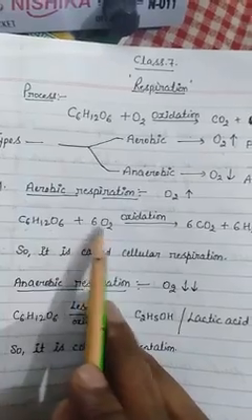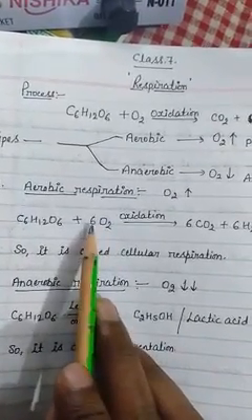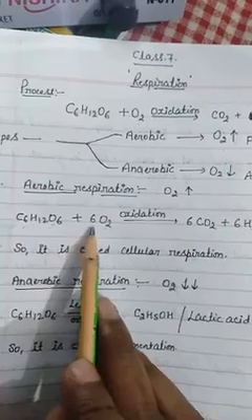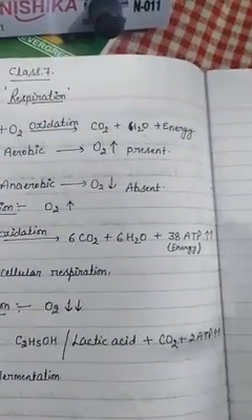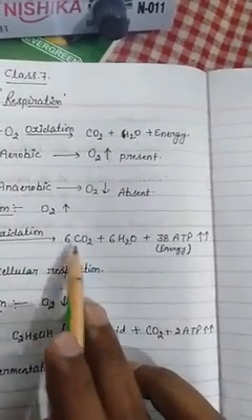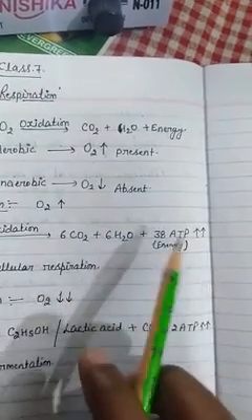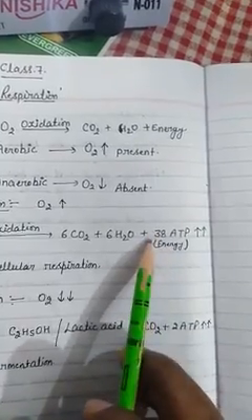Here you can see 6 molecules of oxygen, O2. So glucose gets oxidized in the presence of oxygen and gets converted into 6 molecules of carbon dioxide, 6 molecules of water, and 38 ATP energy is released,